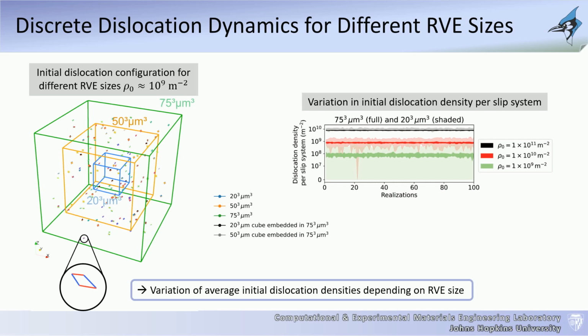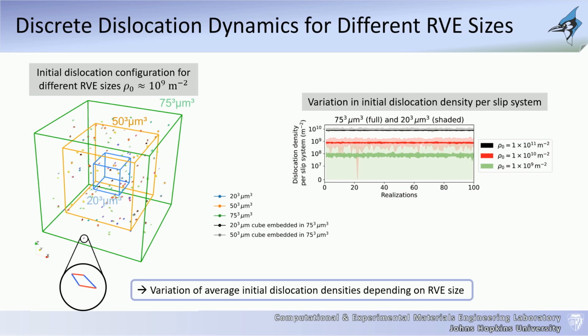So if you assume that the initial dislocation density is equal to that of an annealed material, 10 to the 9, and you design a simulation cell that is 20 micron versus a cell that is 50 micron versus a cell that is 75 micron, randomly generating loops, so each one of those is a random loop generated during the fabrication process. And then you look into each one of those sizes, and what I'm showing you here is the comparison between the 75 and the 20, so the larger and the smaller.